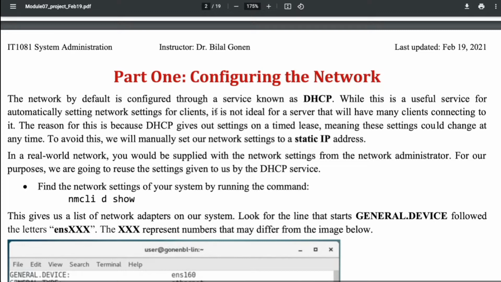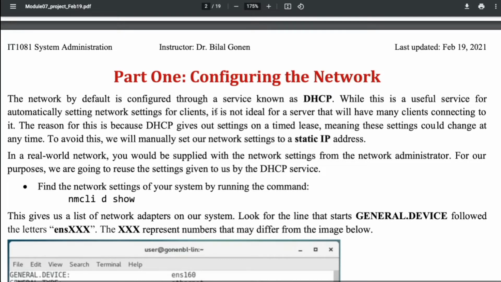This is done by the DHCP server. In your house, most of the time it is your router. In some big environments like universities, airports and big institutes, there might be a dedicated DHCP